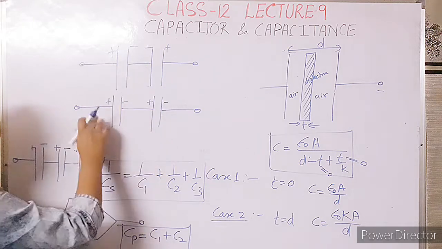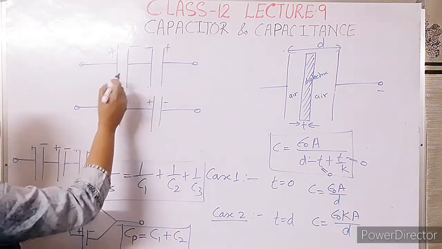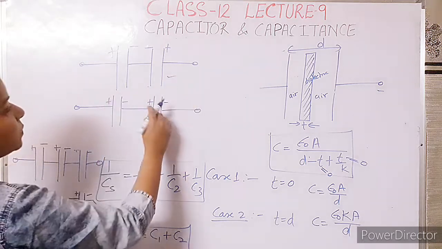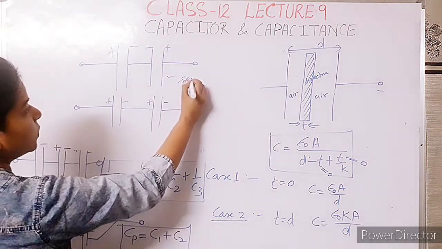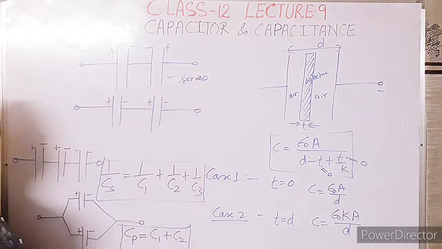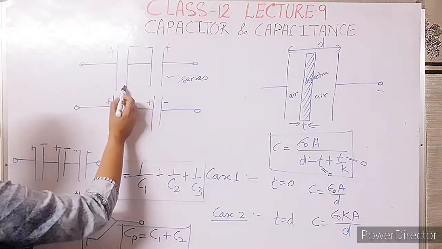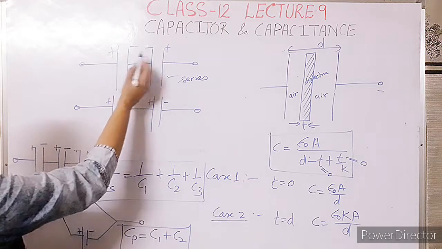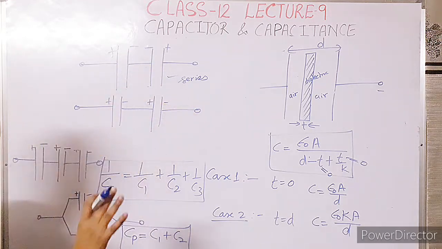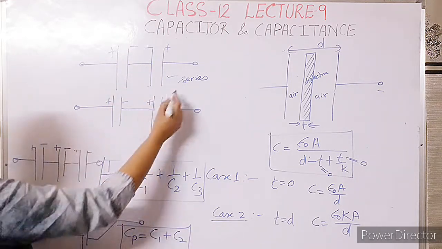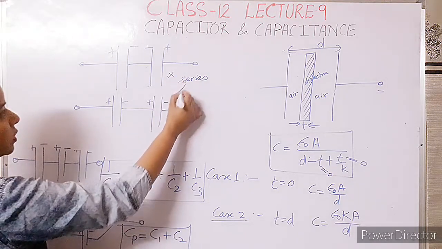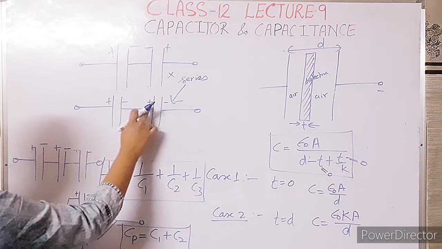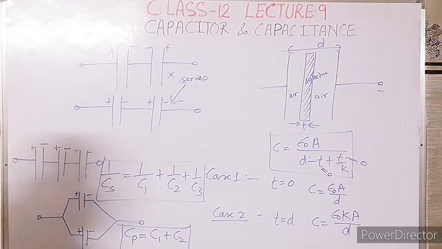And here I want to explain what I am doing. Here, if you see this, directly you can say this is a series combination, but this is not a series combination. How can you identify this? The negative plate is not connected with the positive plate. If the negative plate is not connected with the positive plate, this is not a series combination. This one is not a series combination, this one is a series combination. Here the negative plate is connected with the positive plate of the other capacitor.